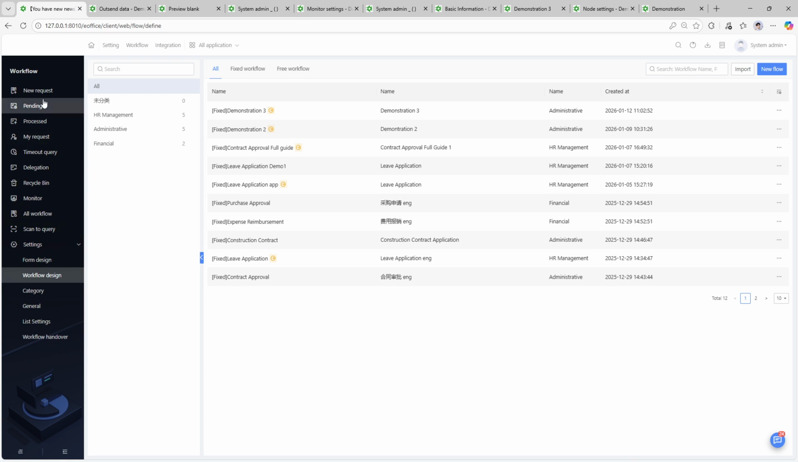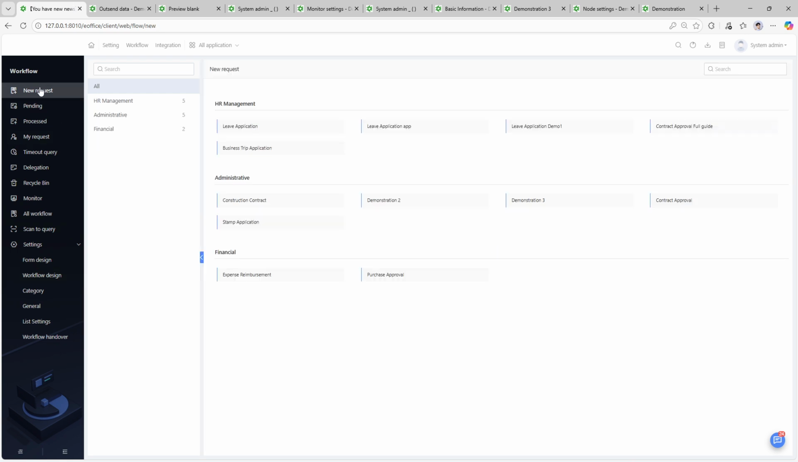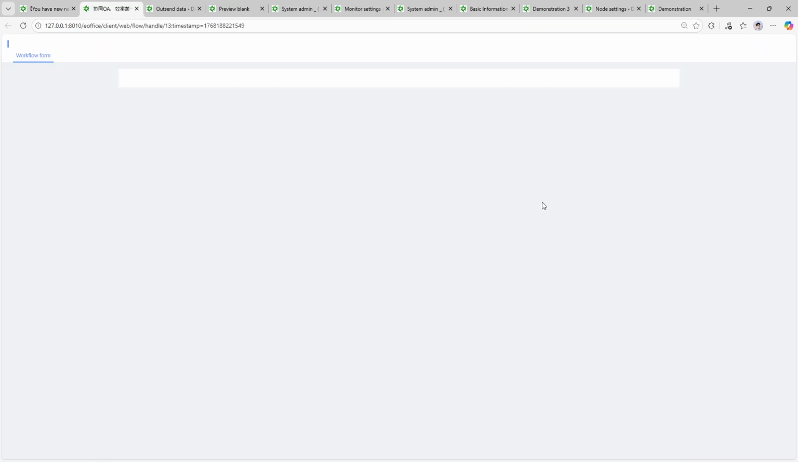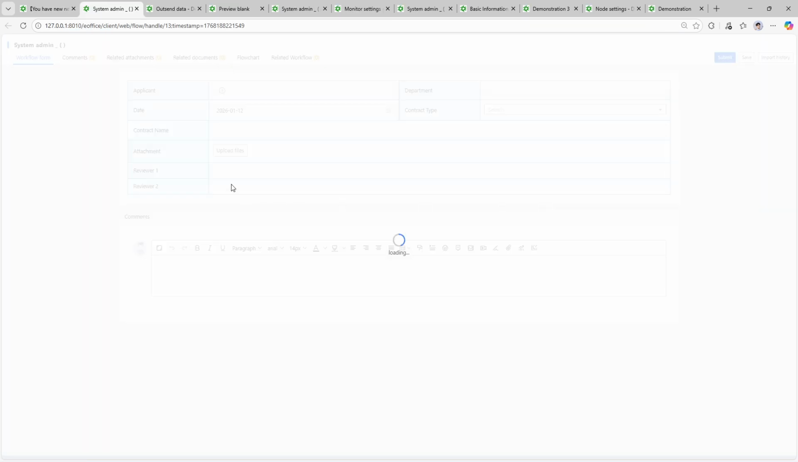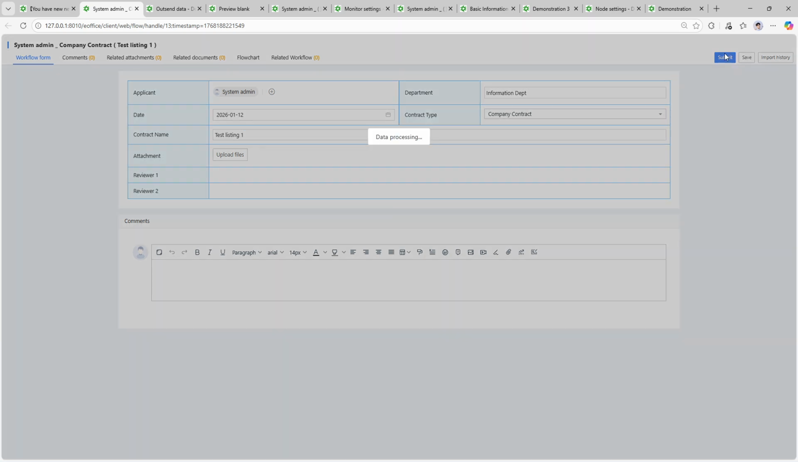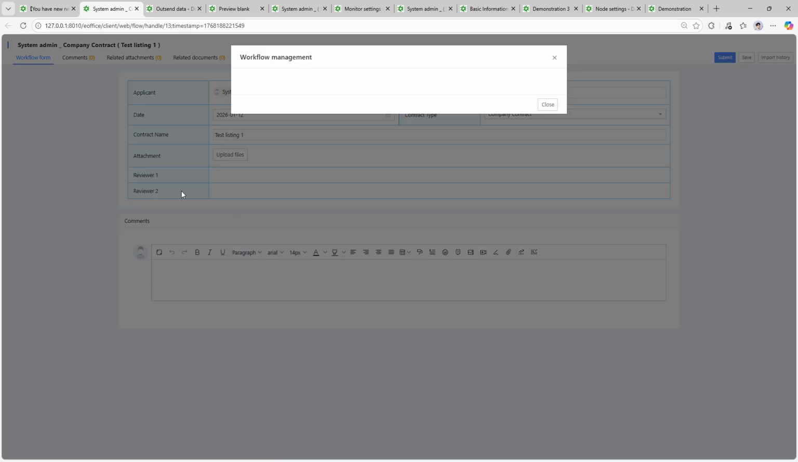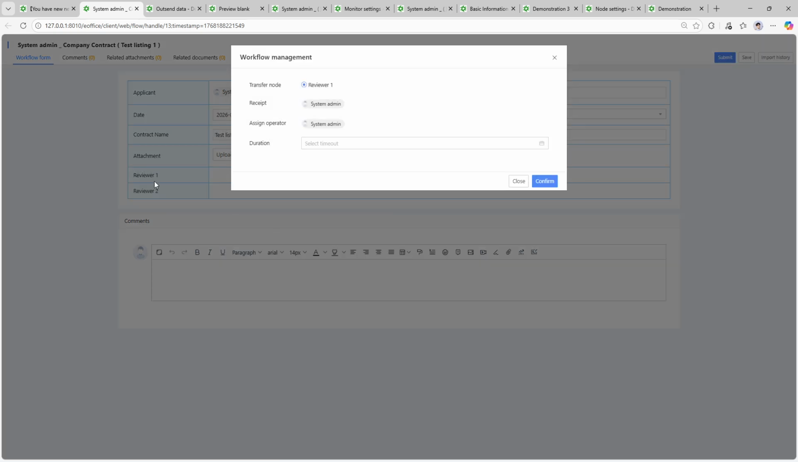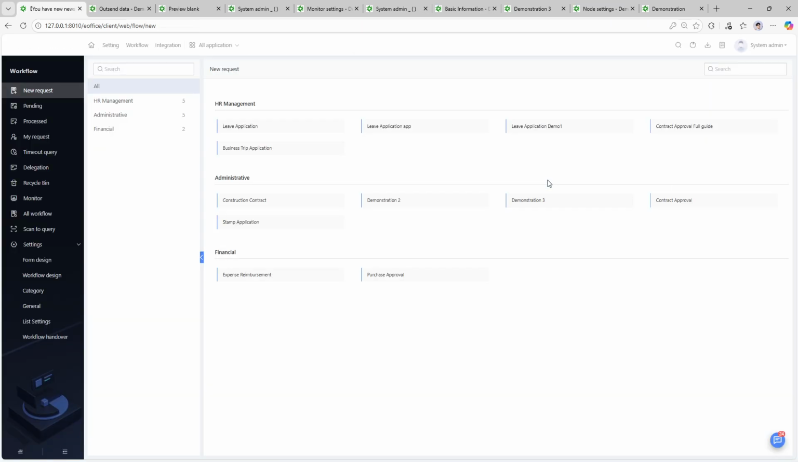After that, let's go to demonstration tree and raise a new workflow and see what happens. This one is test listing one. Contract name company. Click on submit. We remind that there's a review one and review two process that needs to go on. After the message is sent,